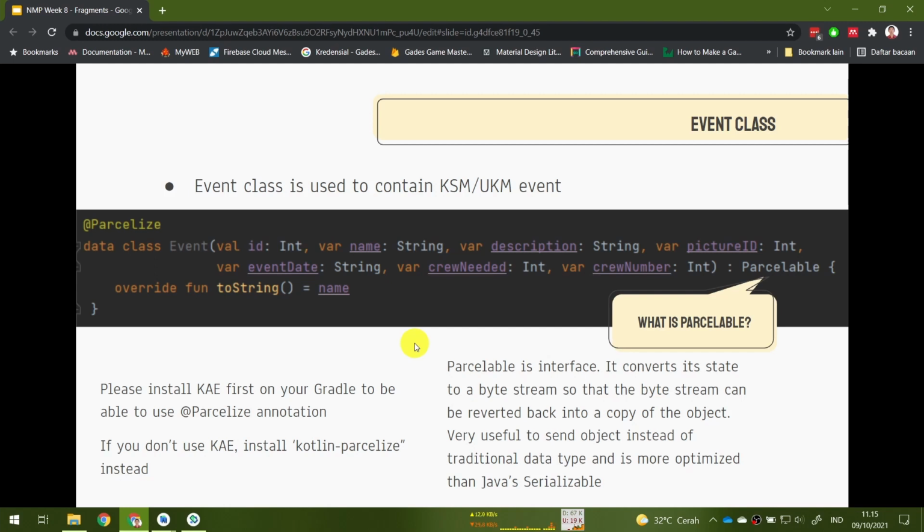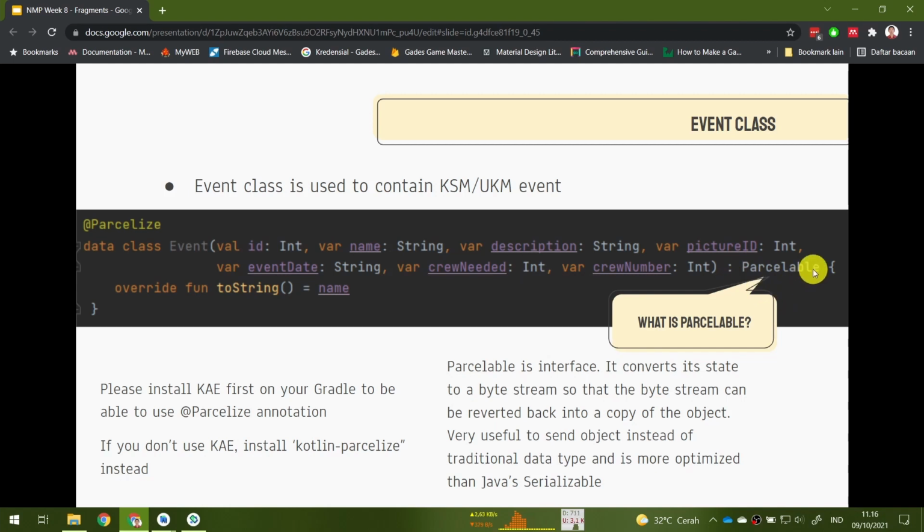As you remember, when passing data to an intent and we put extra, we can only put very simple data objects, traditional data like integers, strings, maybe some floats, and so on. We cannot really send an object in extras. But now it is actually possible, only if our object implements the Parcelable